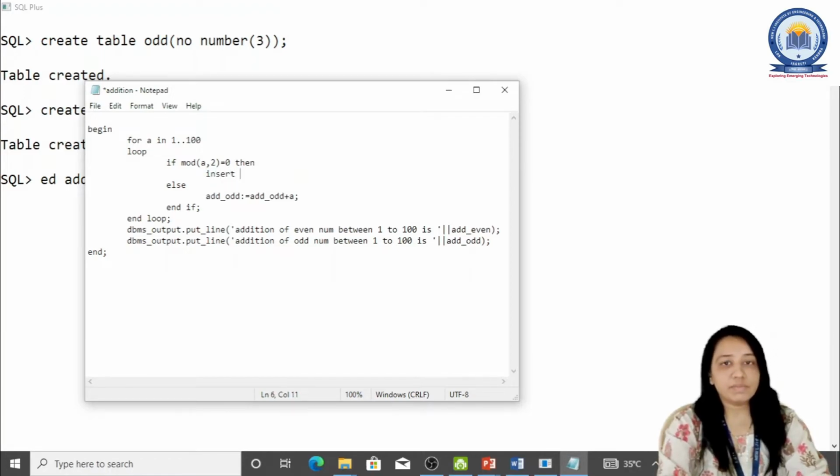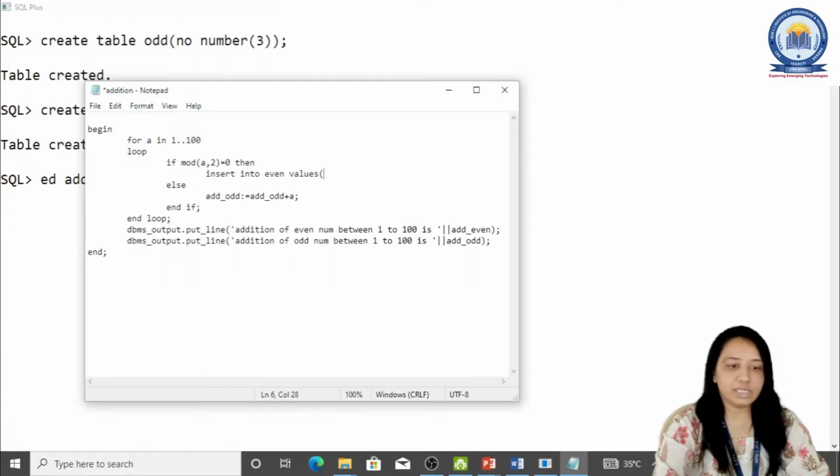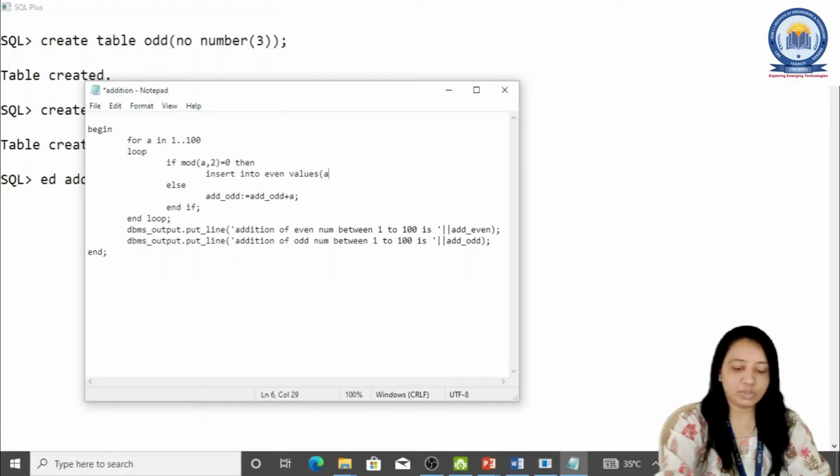That means any SQL statement you can use in PL/SQL also. So what I'll do? Insert into even values. In that one I need to store a because a is even, and if it goes into the else part, that means your number would be what?